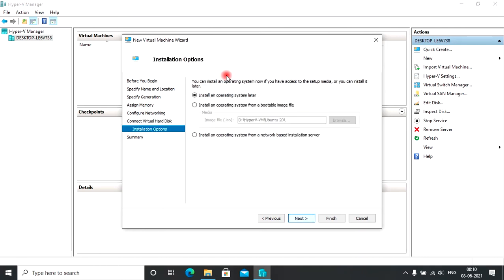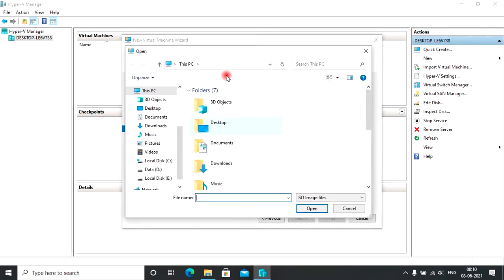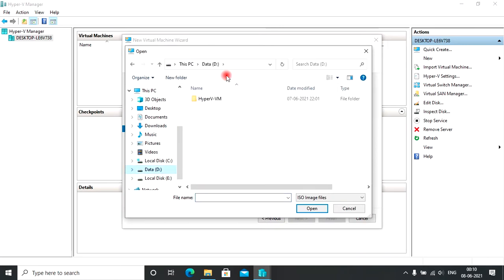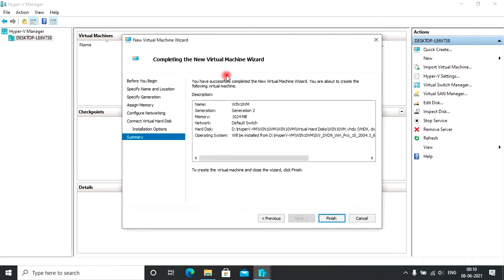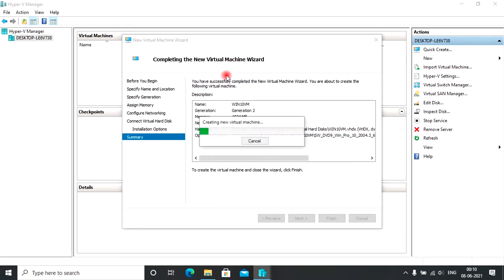Next, I will tick here and I will give the path to the Windows 10 ISO in my local system. Open. Next, finish. It is creating the Windows 10 virtual machine.